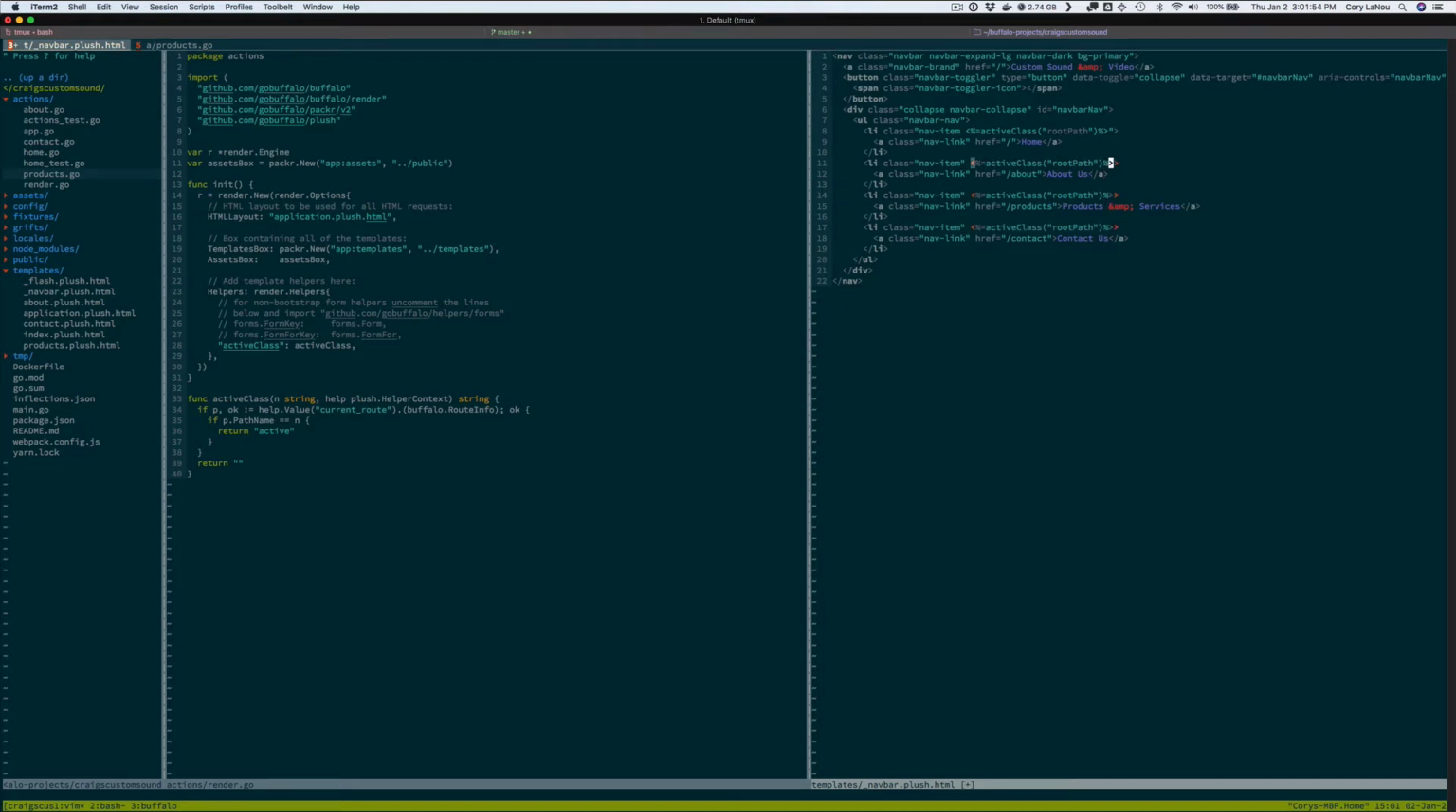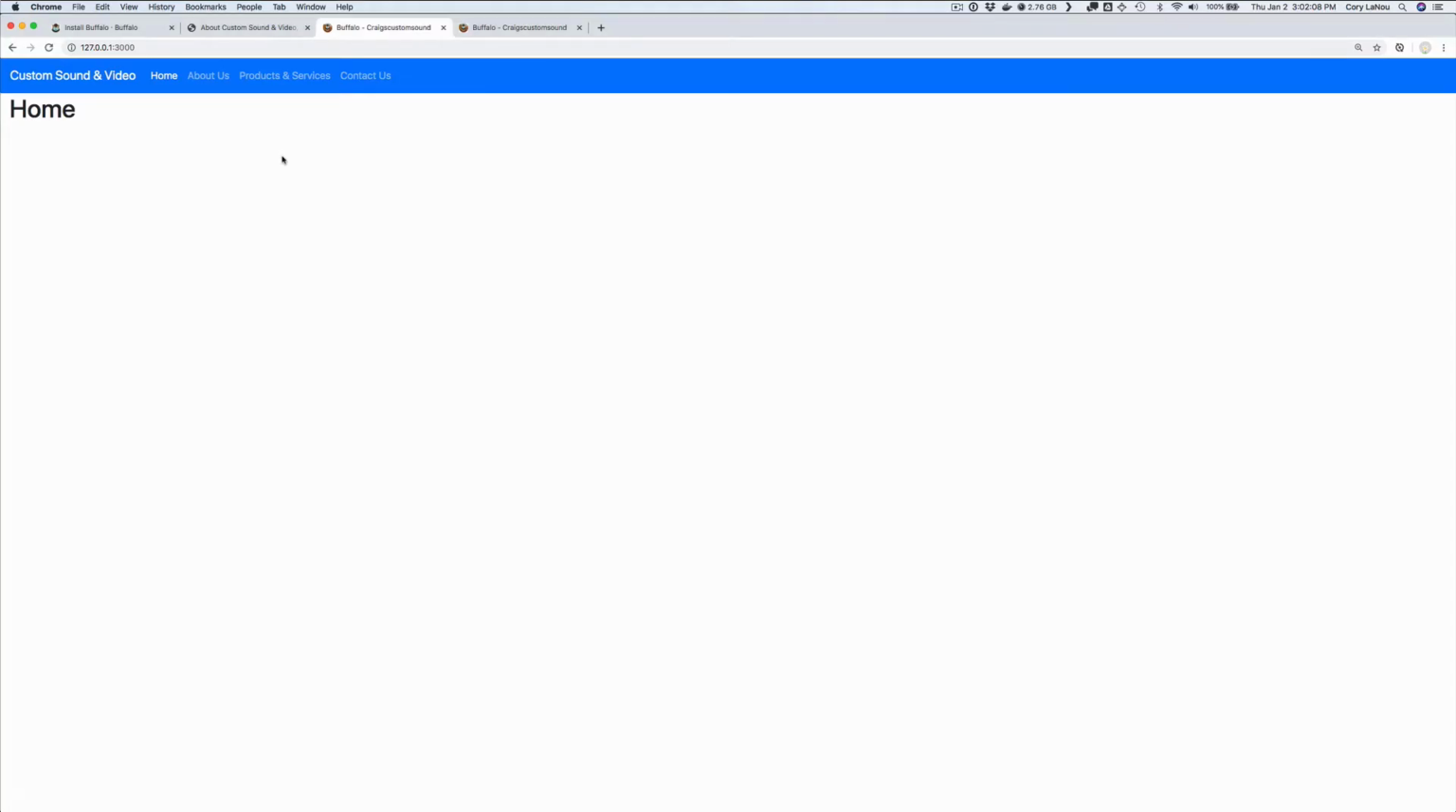And then I need to change them. So for the About Us, it's going to be the About path. And for the products, it's going to be the products path. And for the contact, it's going to be contact path. So if I got this right, and if I refresh my page, now when I click around through here, oop,